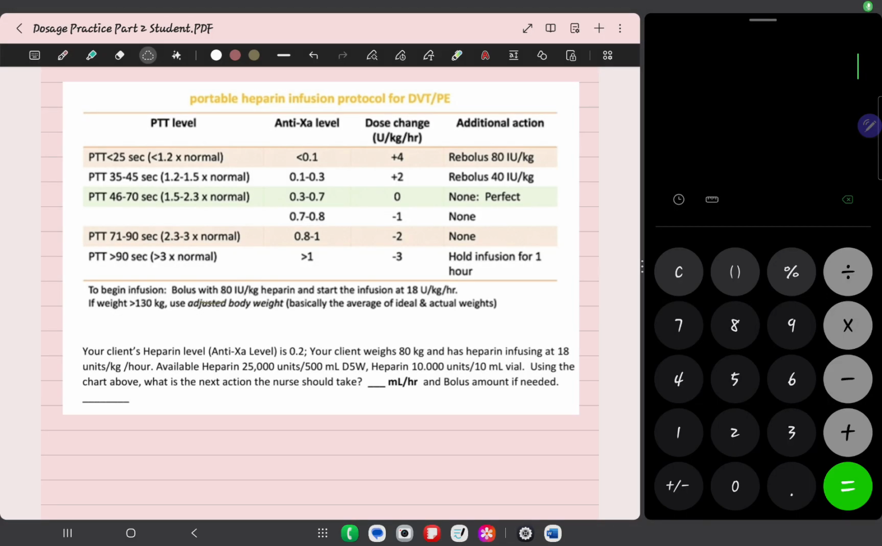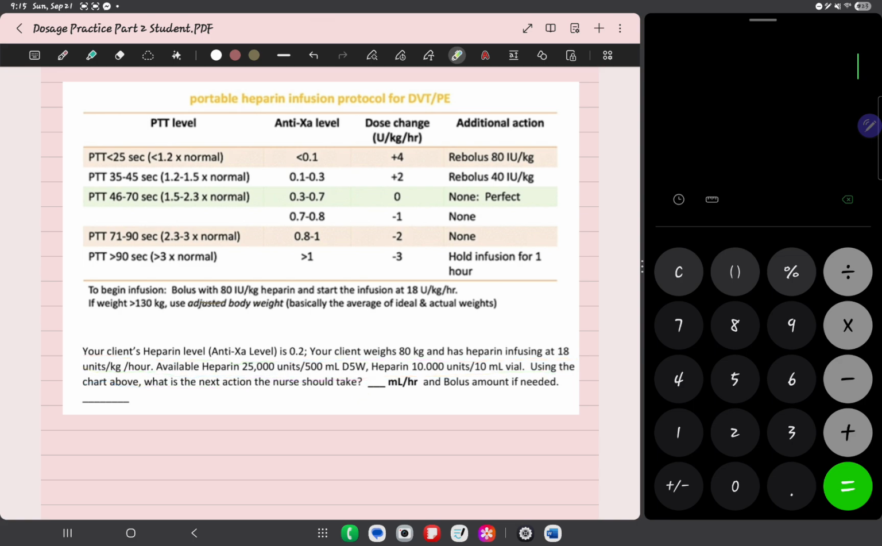So this is the practice question that we had for the heparin protocol. And the first thing we'll do is just read it. Your client's heparin level, anti-XA level is 0.2. Your client weighs 80 kilograms and has heparin infusing at 18 units per kilogram per hour. Then it shows our availability and tells us, using the chart above, what is the next action the nurse should